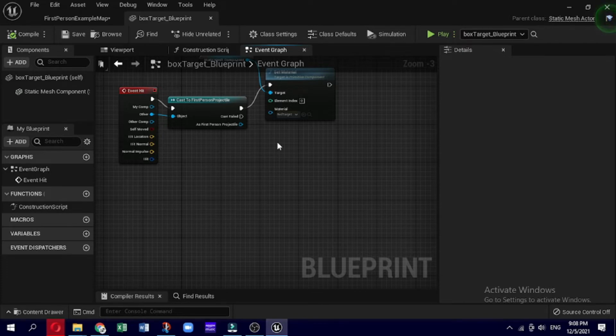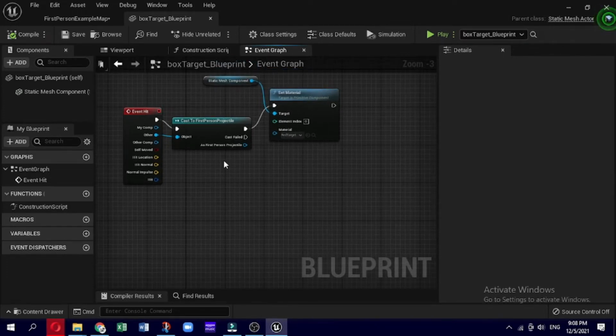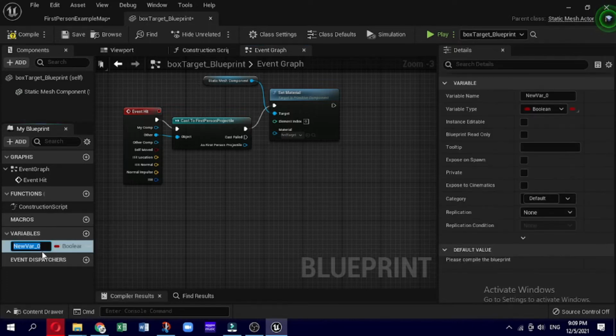The first step is to create the 2 variables we need, direction and speed. Go to the right-hand side panel labeled My Blueprint. You should see an empty category marker called Variables, with a plus sign to the right. Click on that plus sign to create your first variable. In the Details panel, you will see a series of fields for editing your new variable. The 4 fields that we have to edit are the variable name, variable type, editable, and default value.